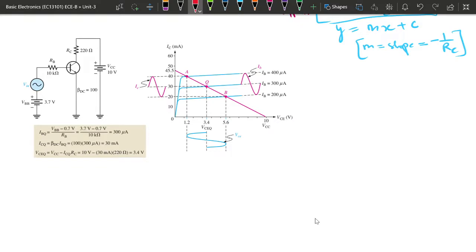So here it is the same, and this Q point we have already seen. Now along with biasing, VBB, we have provided the biasing, and along with biasing we are providing the AC input also. In the previous case, while finding the Q point, we have seen that while varying the VBB we get variation in the base current. Some base current value is going to change, so with respect to that the operating point was changing. Similarly we are applying the AC input, so along with DC we are applying the AC.